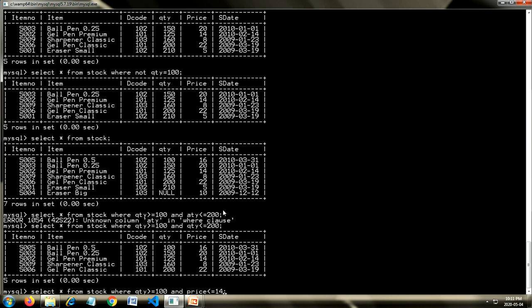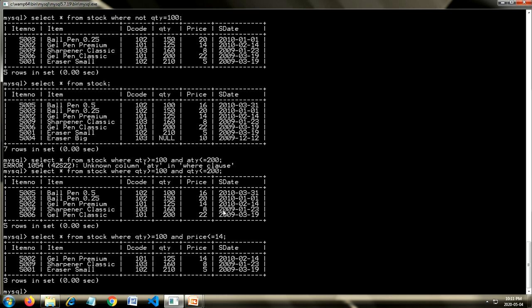So let's see, do we have such record? Yes. So these are the records in which quantity is more than 100, you can see, and price is less than 14 and equal to 14 is written, so of course it will consider that also. So this is how you can see how the AND operator works.